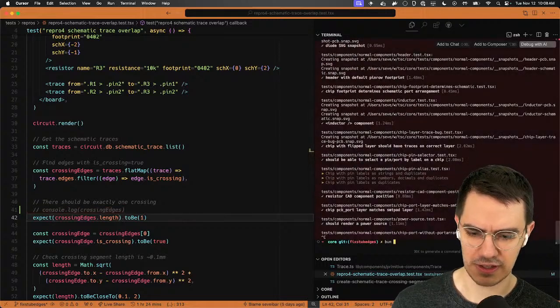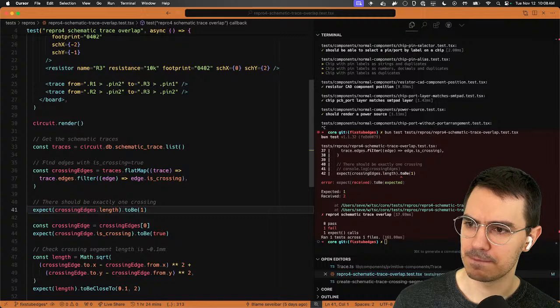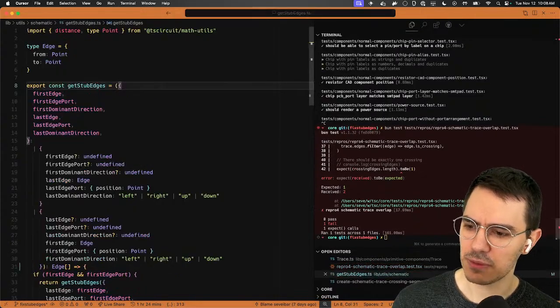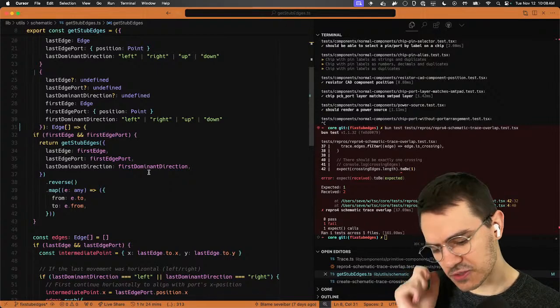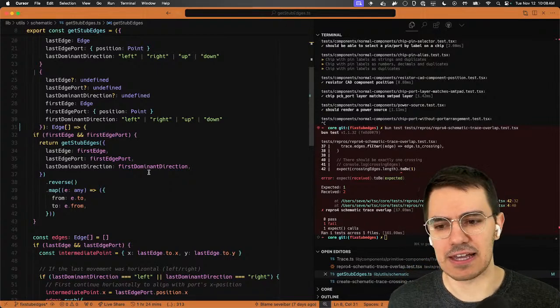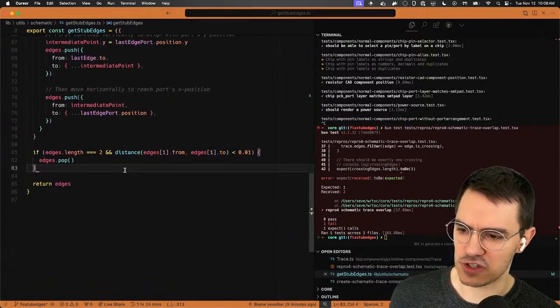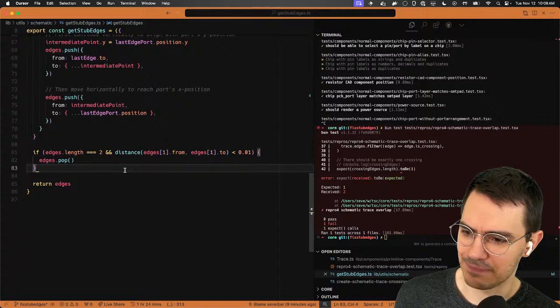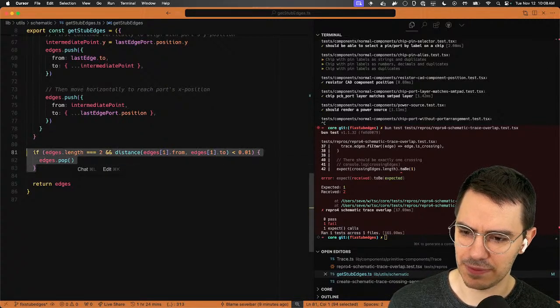Oh my gosh. I keep running the full suite. I just mean to run this. All right. In that case, I think what we can do, since we have the last edge, I think there's some way to say this edge is useless. We already said this edge is useless because